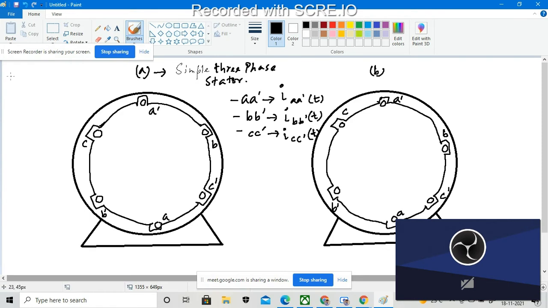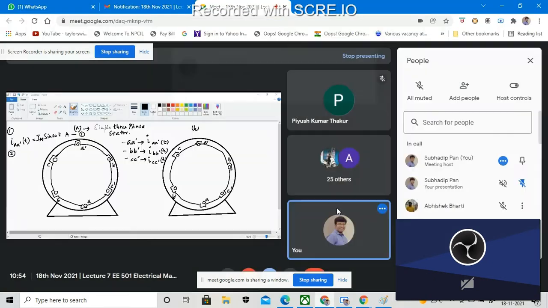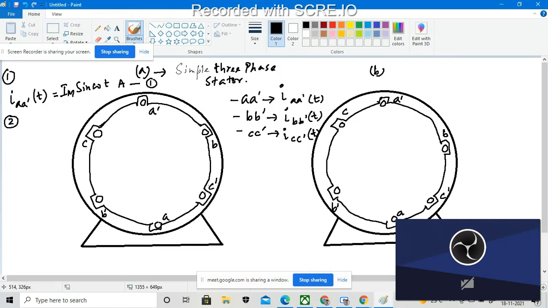The number one equation says i of A dash at a certain instant t equals Im sine of omega t amperes. Okay, so suppose this is my equation 1. Okay, so the second equation is